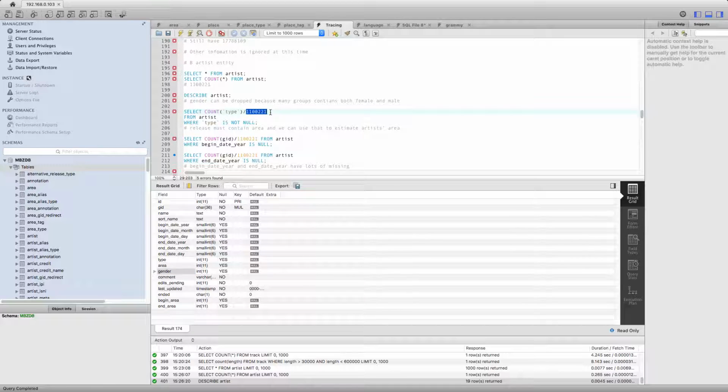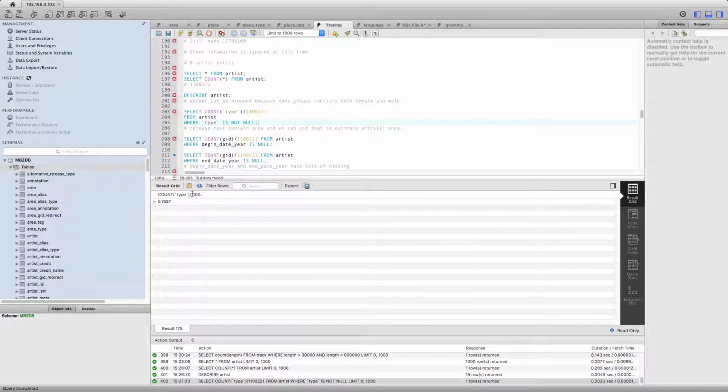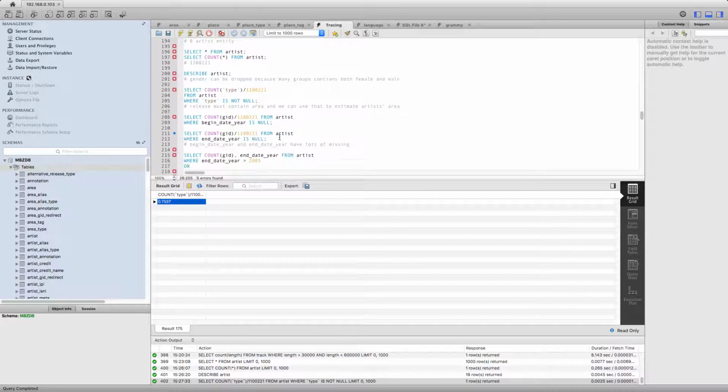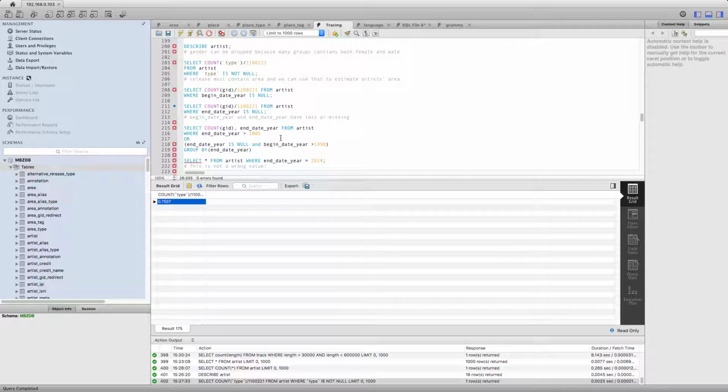This number is the total records in the artist table. So we use this number to understand the missing ratio. Okay, the missing ratio for type is about 75%. It's a little bit high, so it might not be a good idea to use it to do further analysis,